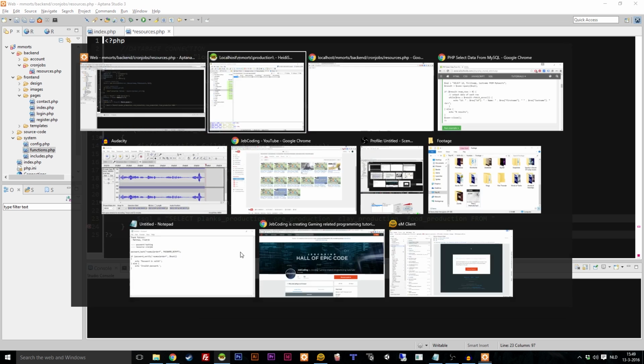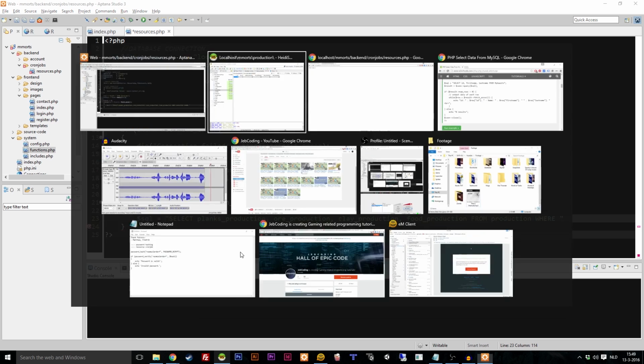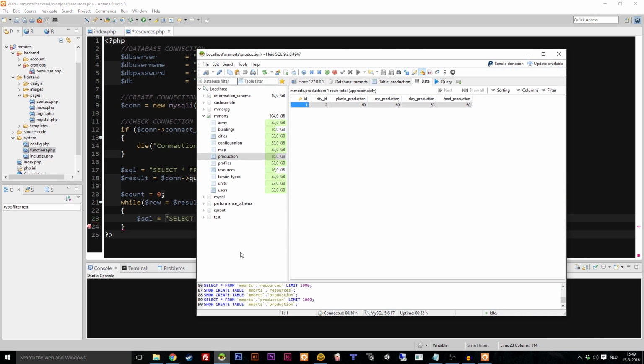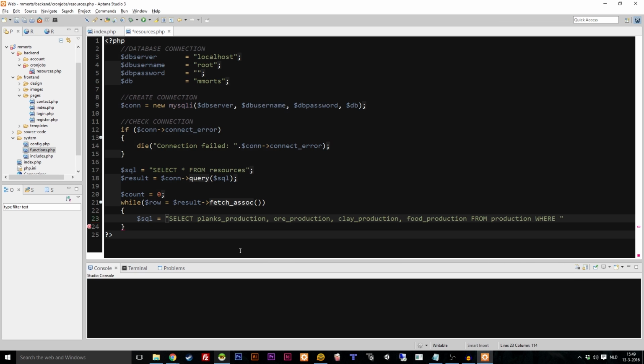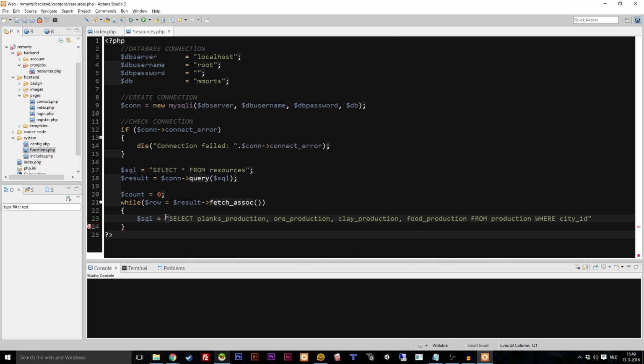From, we need to get those from production table, where the city underscore ID, where this guy is equal to the city ID in resources, which we should already have inside of here. So where city ID is equal to,